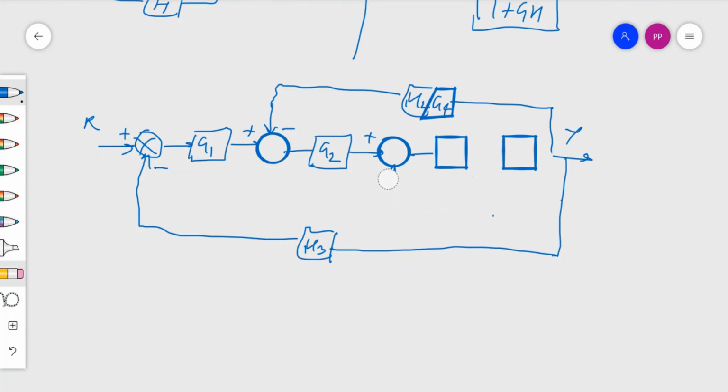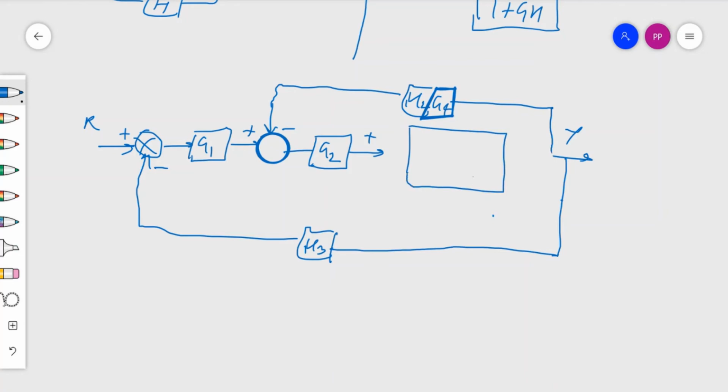This portion will be modified, removing this portion, and instead of this I am putting an equivalent block over here, which should be the single block